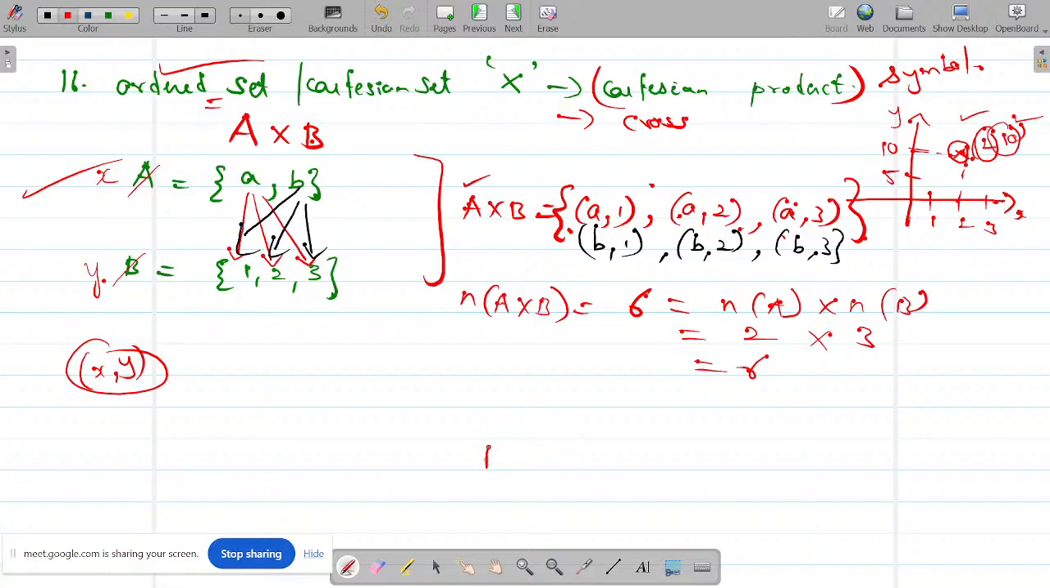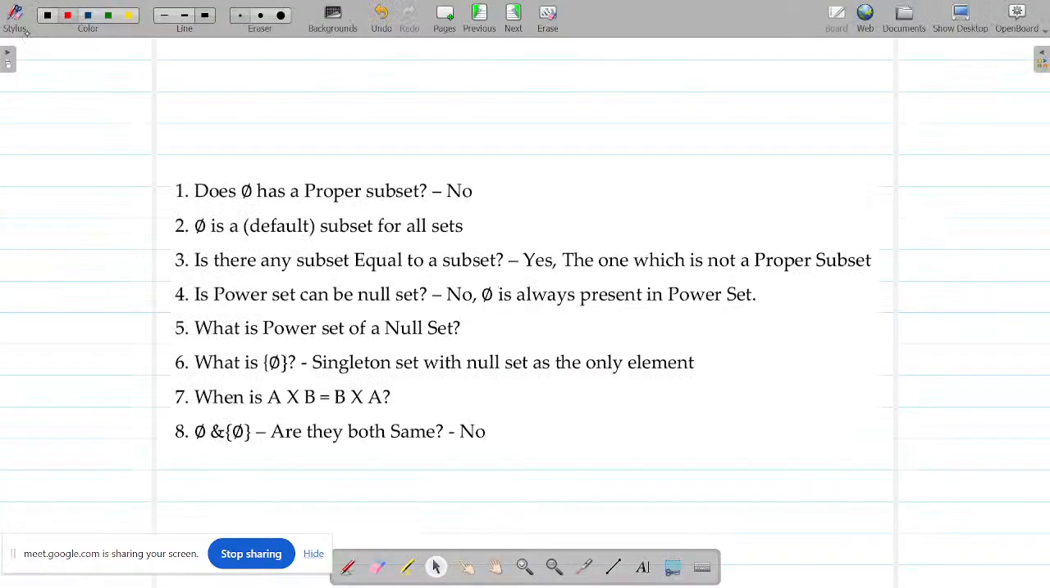And why don't you try working B cross A? Please try working B cross A, and you can try this one also. Yes, please. Manageable? Please try to understand the difference between